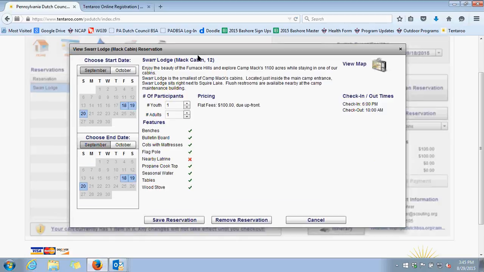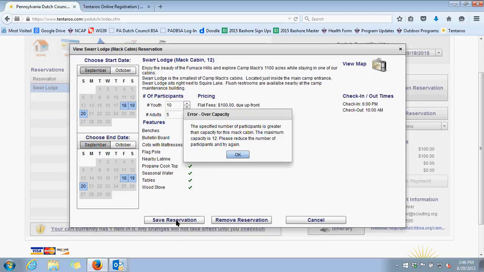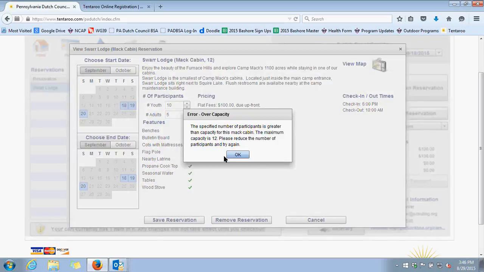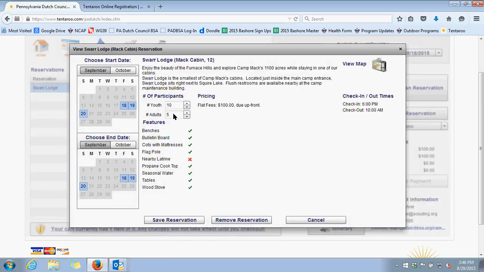Now, I'm looking at Swar Lodge right now, and it has a maximum capacity of 12. What happens if I say I want to bring 10 kids and 5 adults? Swar Lodge only holds 12. If I hit Save Reservation, I'm going to get a message that says, The specified number of participants is greater than capacity for this cabin. The maximum is 12. Please reduce the number of participants and try again. Okay, so I'm going to say I'll have 10 youth and 2 adults, and I